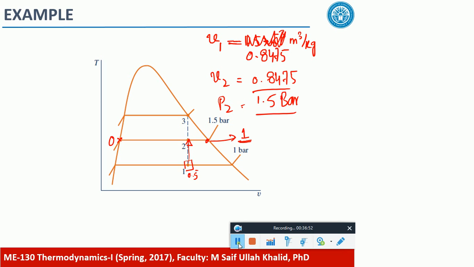Just remember, I told you once when we were talking about those PVT surfaces that inside the vapor dome you need to have at least 2 properties to determine the state. Do you have those 2 properties? You have pressure, you have volume. Now